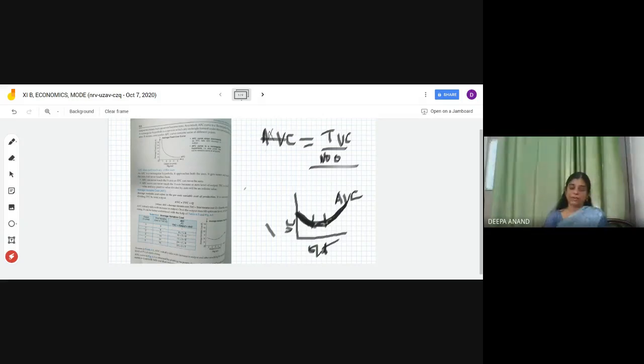You can make the schedule because you already have a schedule with you, of number of outputs and variable cost. Along with that, on the right side, make another column. Divide each variable cost by the number of outputs, like 0 divided by 1, and you will get the average variable cost. And according to that data, you make this. So you will get a U-shaped curve. So the AVC curve is U-shaped. I think the concept is clear to you. So this is the average variable cost curve. Okay?